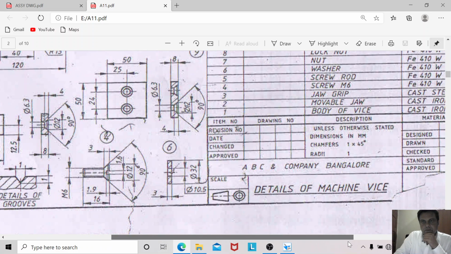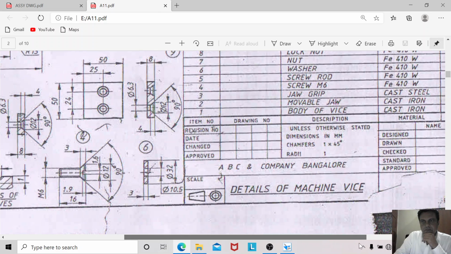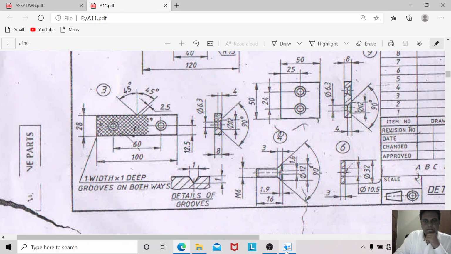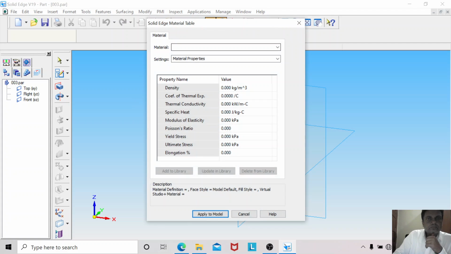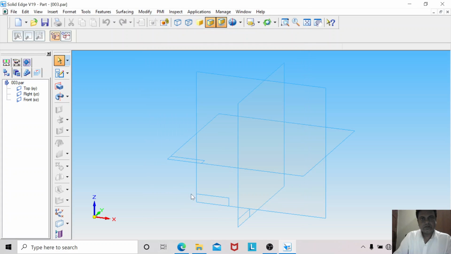Material for this is cast steel, cast steel. Okay, and